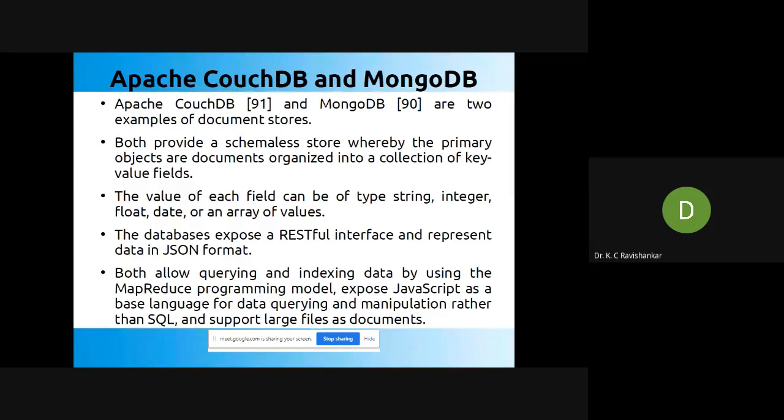So Lisp is one language where everything will be saved as a list of data. Similarly, Python is also supporting now, and Java also, to a certain level it will support. Database exposed to RESTful interface, as well as represented in the JSON format. Anyway, the data should be in some format, not in a relational table or relational database model, but in some format to read the data and send the data.